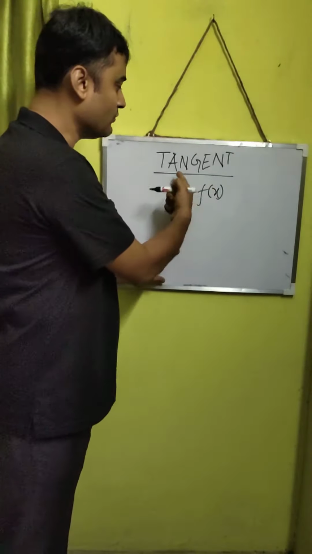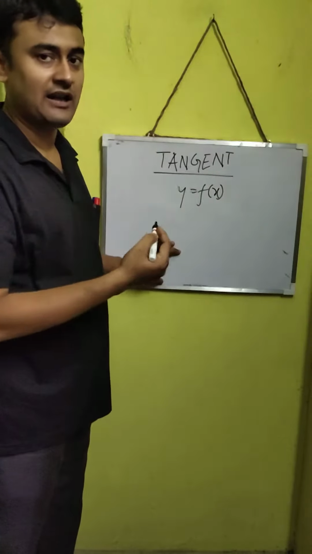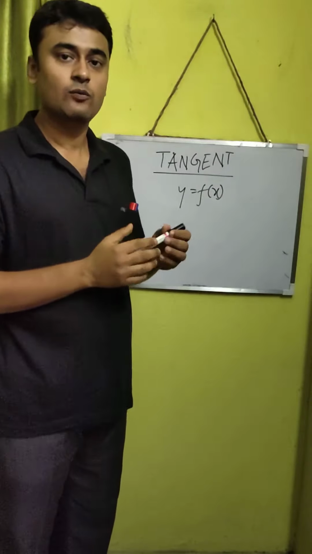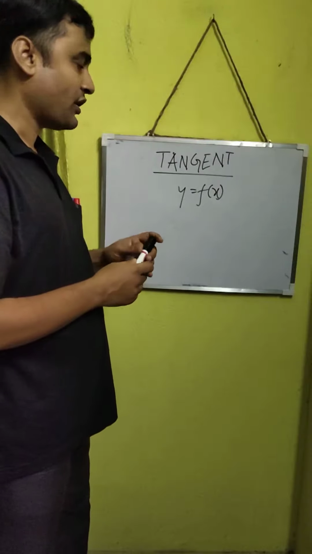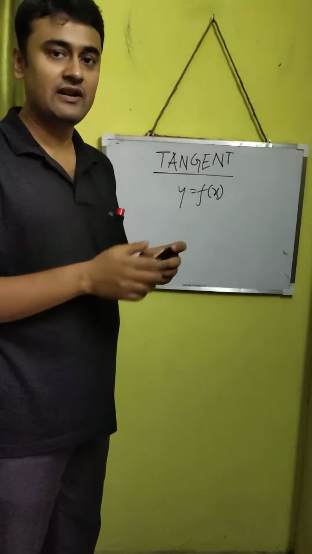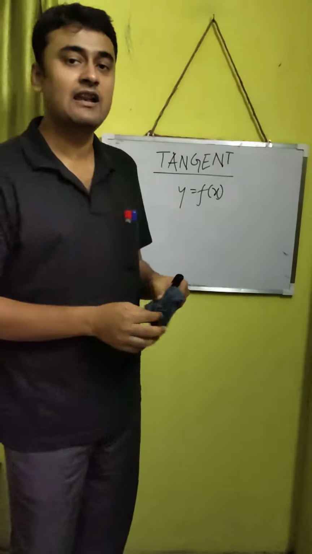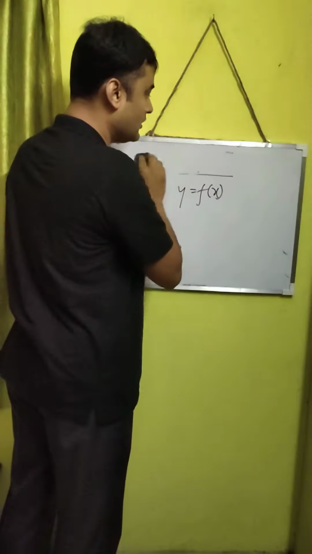We shall try to determine how to form the equation of a tangent to this curve at a particular given point. Now before we go to that point, how to find out a tangent, we shall need to discuss the definition of a tangent. Now in order to first understand the definition of a tangent, let us first understand a very basic elementary idea that you already knew about in your secondary level, and that is called chord.